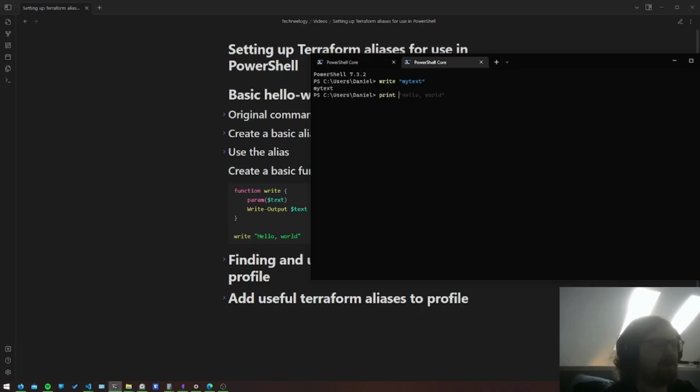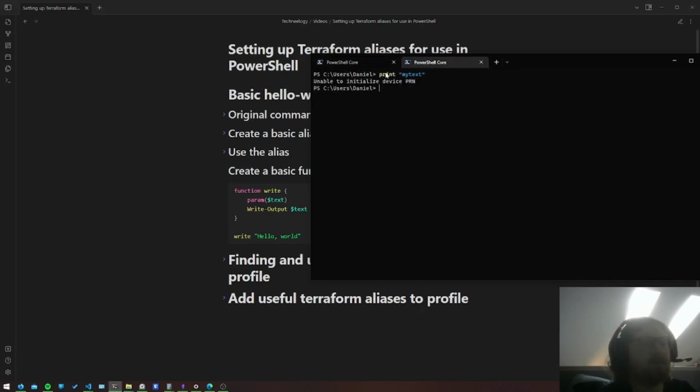Maybe that one's an existing one. Here we go. So ignore the right one because we're kind of reusing some built-in aliases here for write and print, so that's an implementation detail. But if we say print my text here, we get back to that initial issue that we saw over here. I already cleared my screen, but